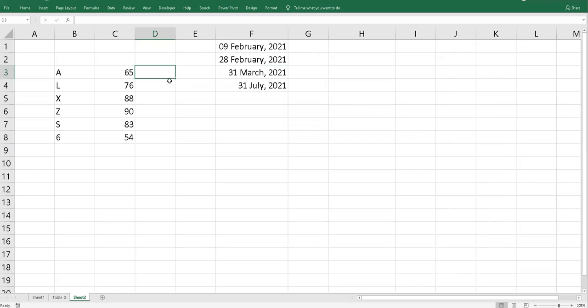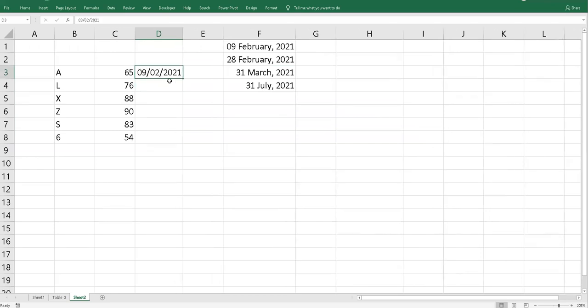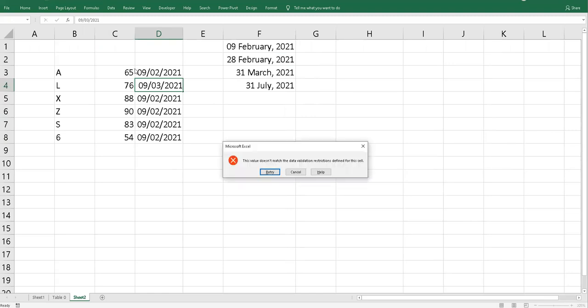Now if I add any date over here, it looks okay so far. If I want to change it to March, it will not allow me. So it means I restrict our staff from entering any date which is not in this range of February, which is from 9th February till 28th of February.